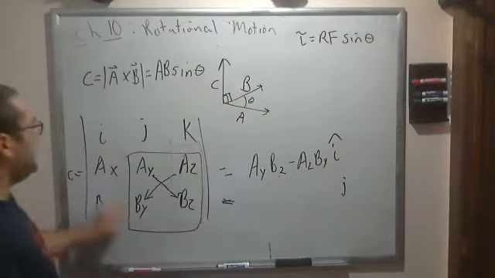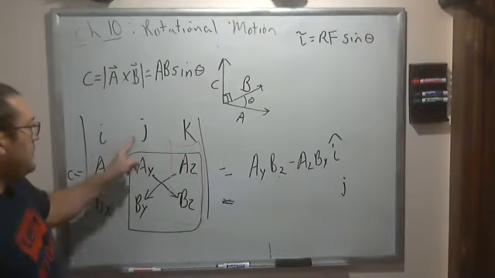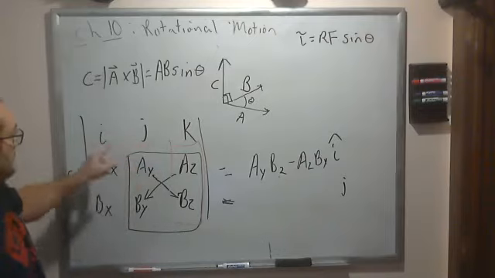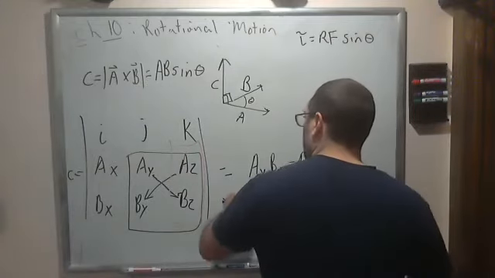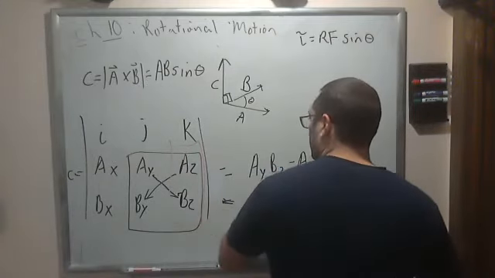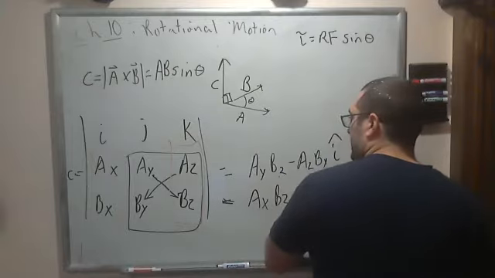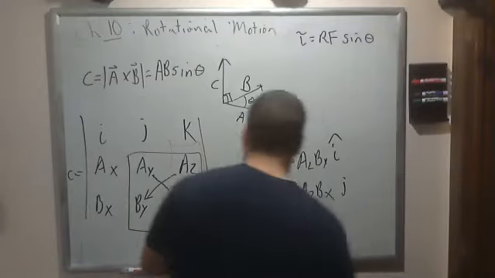And you do the same thing with the cross terms of the J component. So instead of working with J and K components, now you're working with I and K. And you do the same process. So it's AX times BZ minus AZ times BX plus